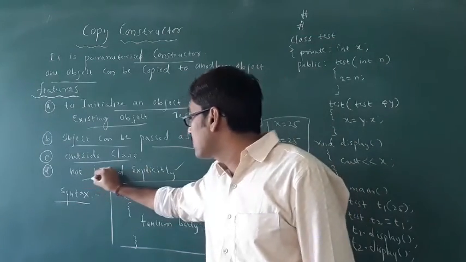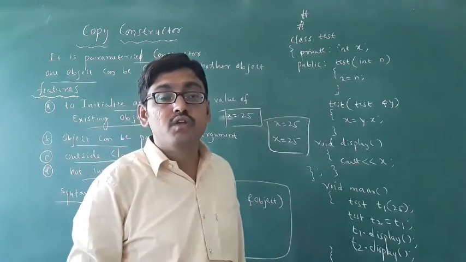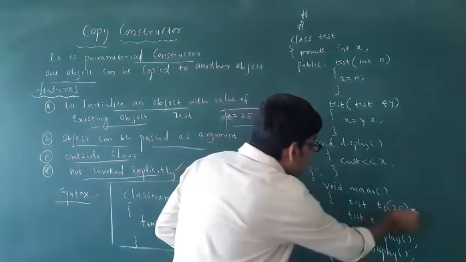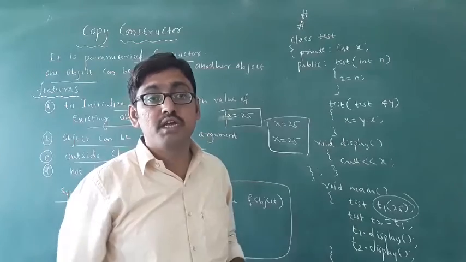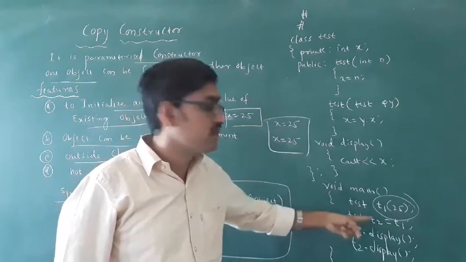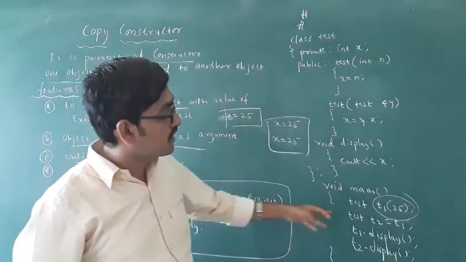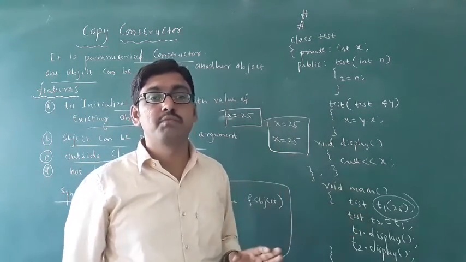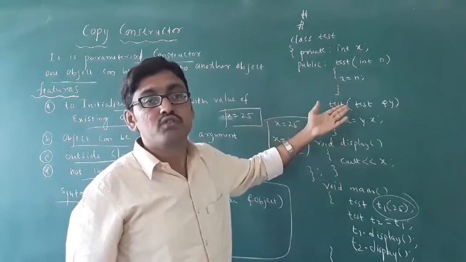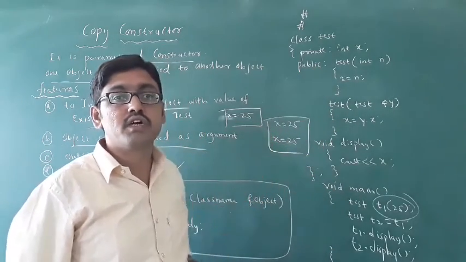See, the copy constructor cannot be invoked explicitly. This is nothing but an implicit call. Same as in the parameterized constructor, you cannot invoke the copy constructor explicitly. Whenever you call it explicitly you get errors. That's why you must ensure you are writing an implicit call. You have to remember this. Otherwise, you can also write this copy constructor outside the class by using the scope resolution operator, but now I am writing it inside the class. Got it? This is about a copy constructor.